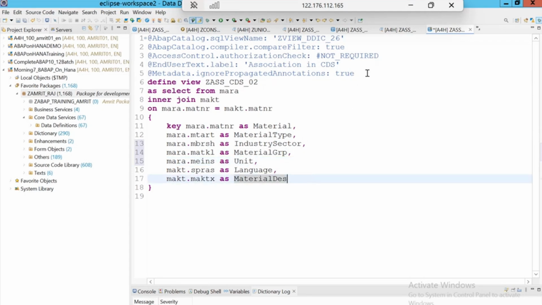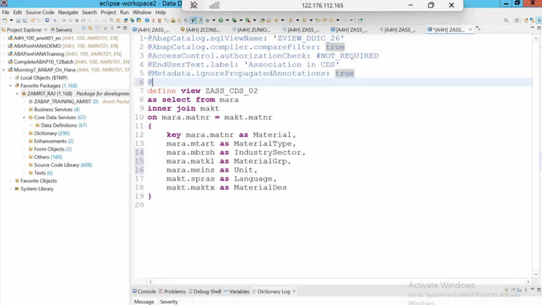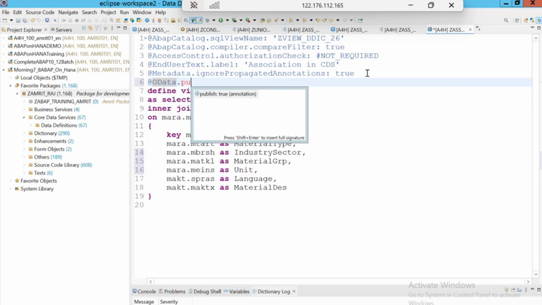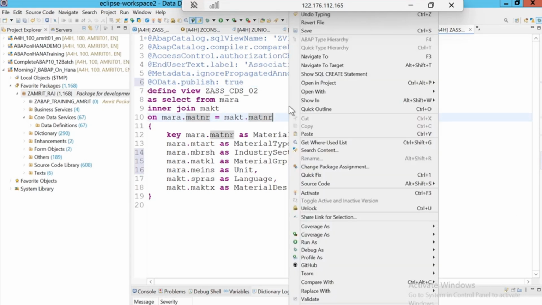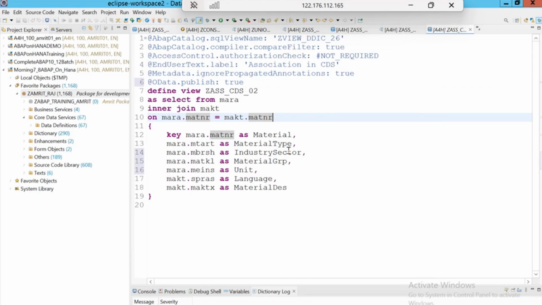So now we can simply refer to one more annotation here, @OData.publish equal to true. And now if I activate it, see what is going to happen. So here, turn your old CDS into a service. So if we activate,